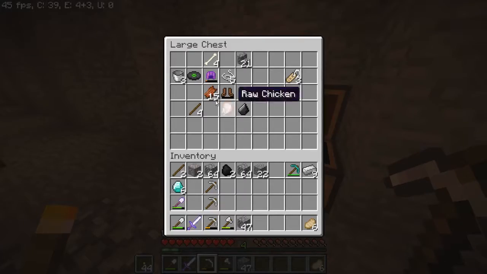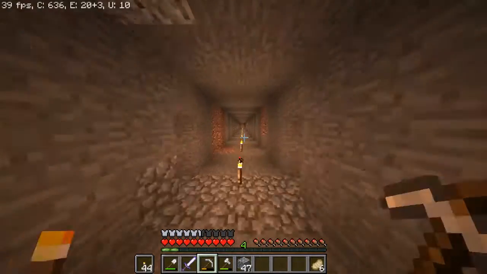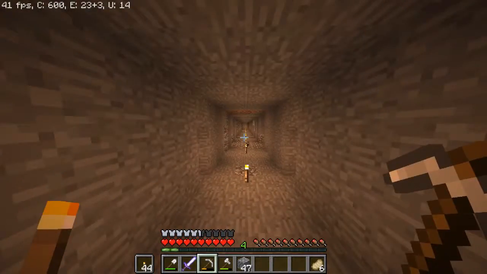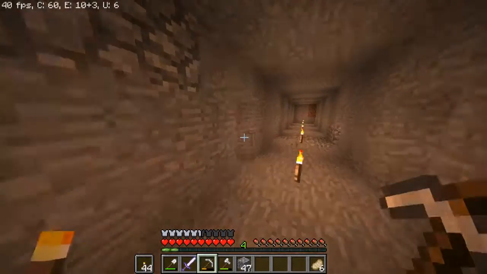And we have some chests down here with a couple of random things. We found a spawner somewhere. I can't remember where. Actually, let me see if I can find it again. It was a zombie spawner. I think it was...